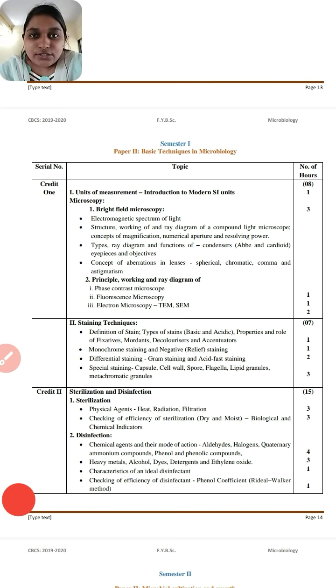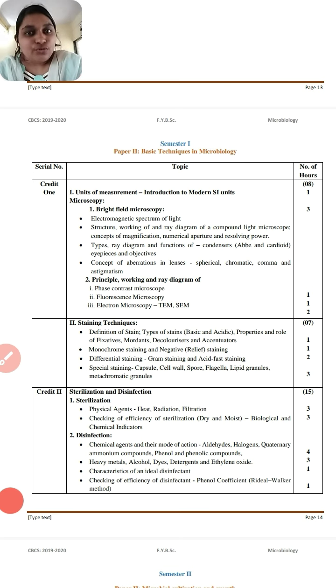So single dye is used, that is why it is called monochrome staining. And the second one is the negative staining. Here the dye is used to color not the microorganism but the background. So colorless bacteria around the dark background are observed in this type of staining. Then the third one is the differential staining, which is very common and we will use it also.